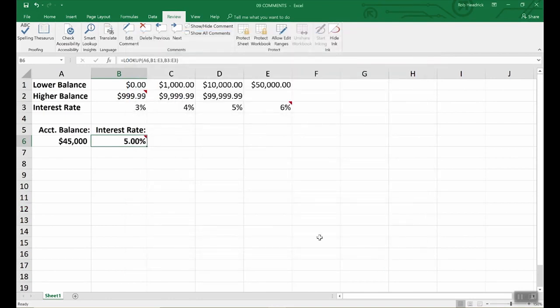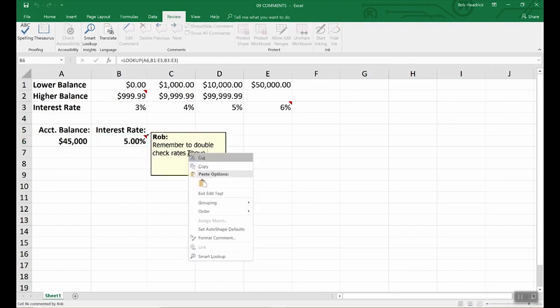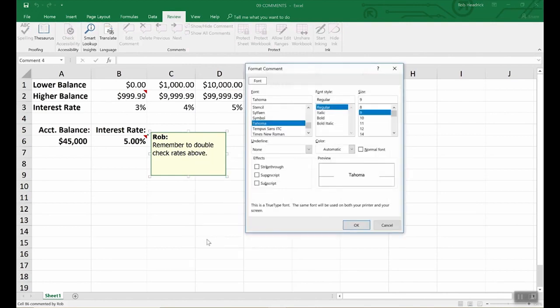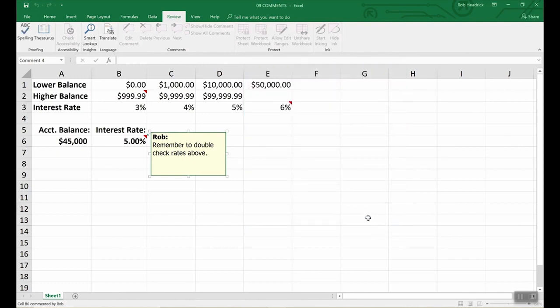Okay? So if you'd like to format the comment, you just click inside anywhere and you can format the text. Right here, Format Comment. And you have the different text controls like you've seen other places in Excel. If you want to change the color of the box, the background color here, which is yellow, see how this cursor changes to the four